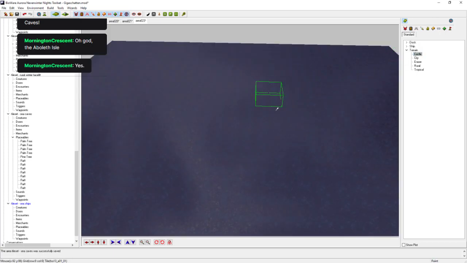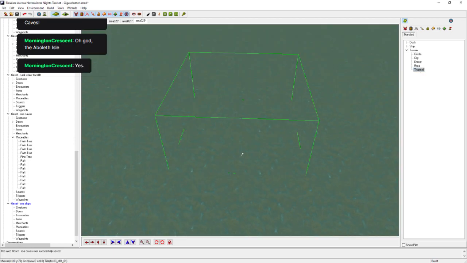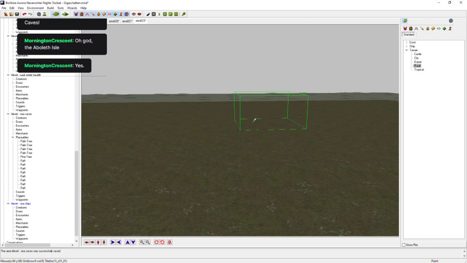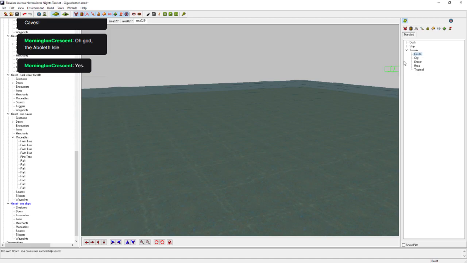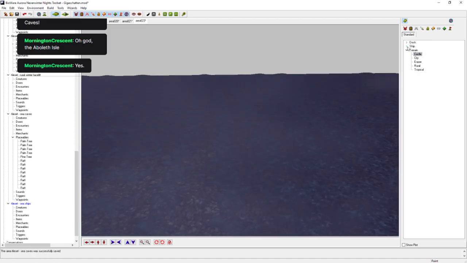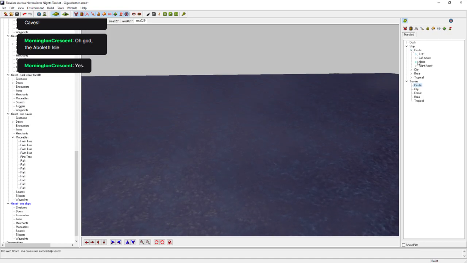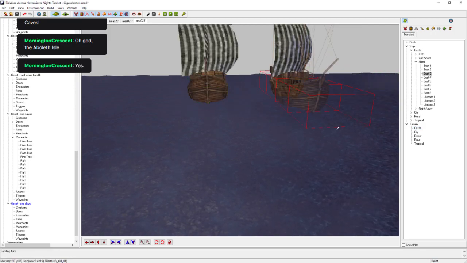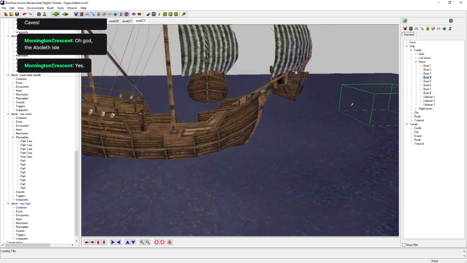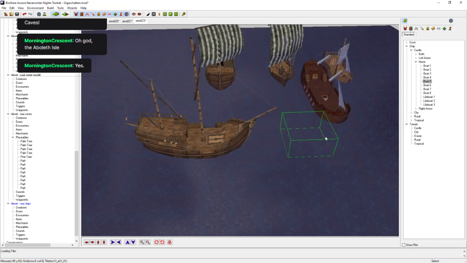Now you see the terrain says castle, city, eraser, rural, tropical. That is actually referring to the type of water. You see, that's the water from the tropical tile set. That's the water from the rural tile set. That's the water from the city tile set. And that's the water from the castle tile set. And there it has all the different types of ships. So, all the different boats from all the different tile sets, all together in one place. Not only that, it allows them to have